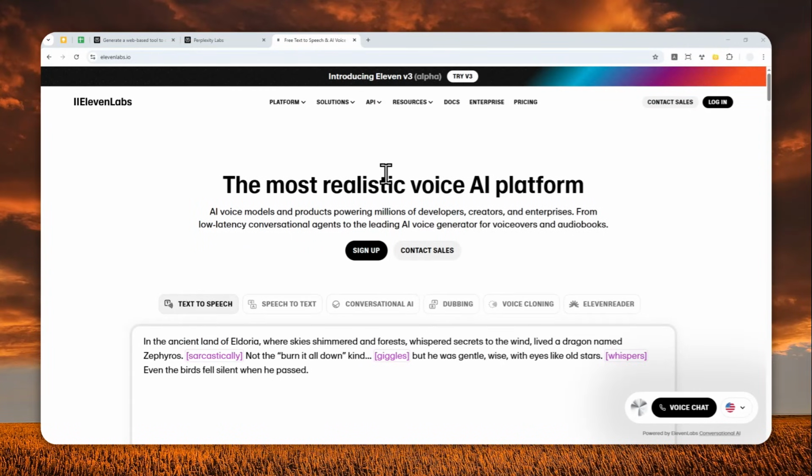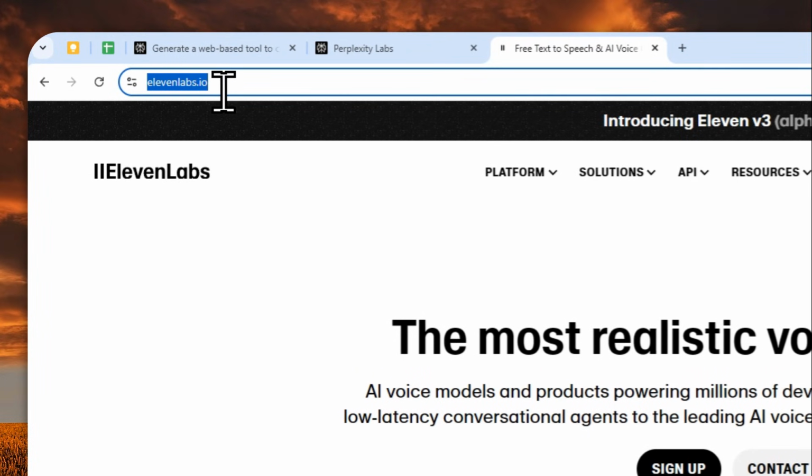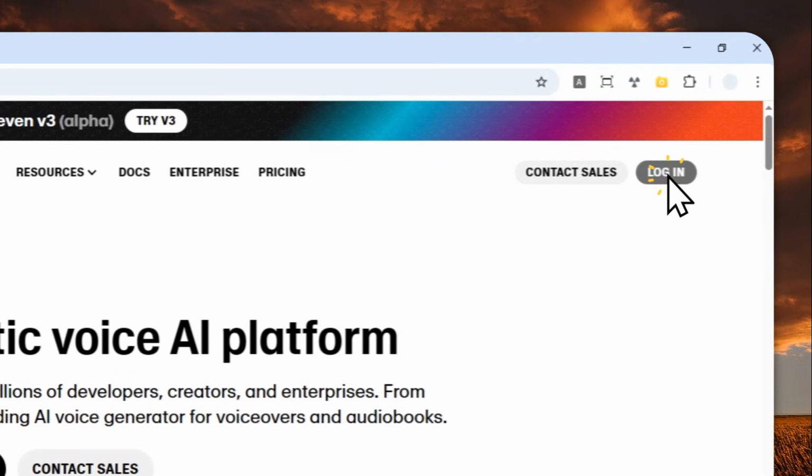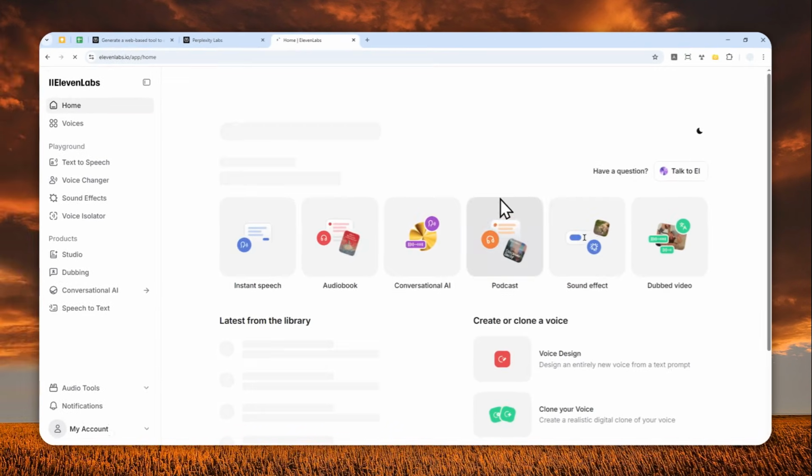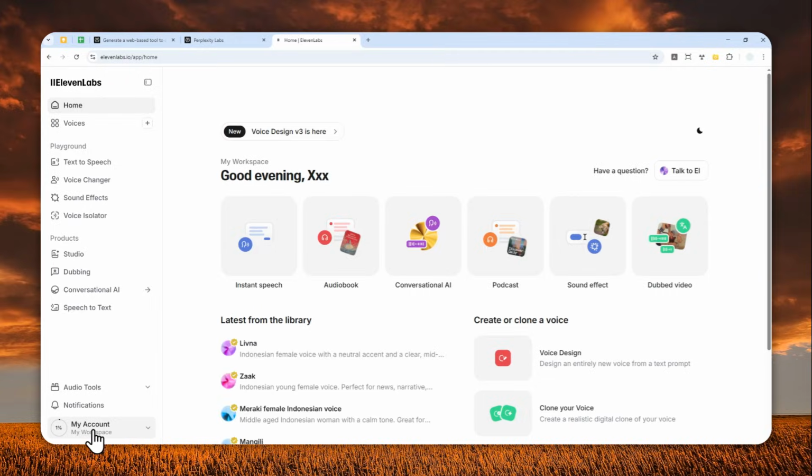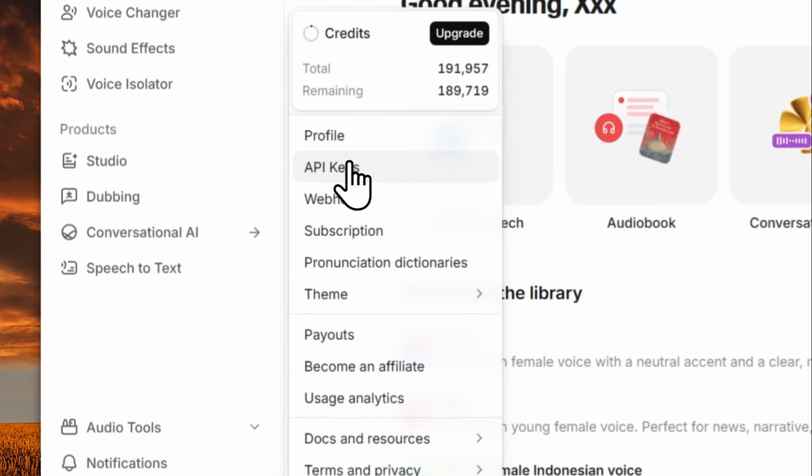In this video, I'm going to show you how you can acquire the API key from your ElevenLabs account, and it is actually quite simple. So let's navigate to ElevenLabs.io and then click login, and you can log in with your account. And after that, you can click this My Account menu and then navigate to API keys